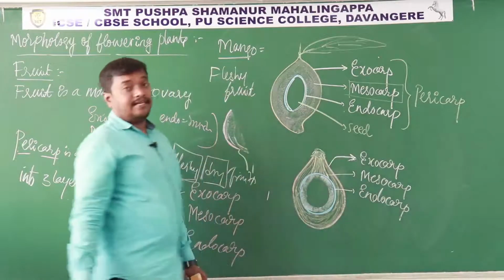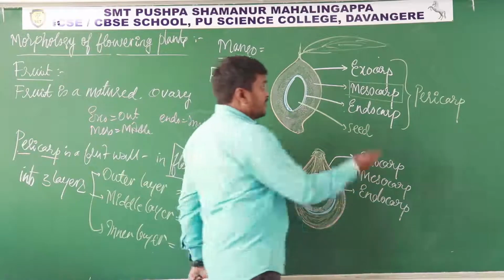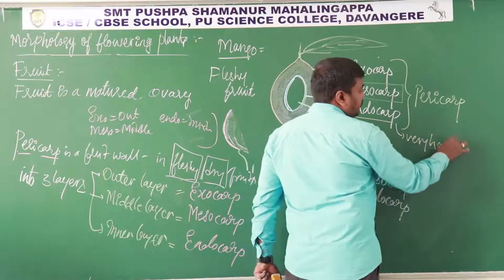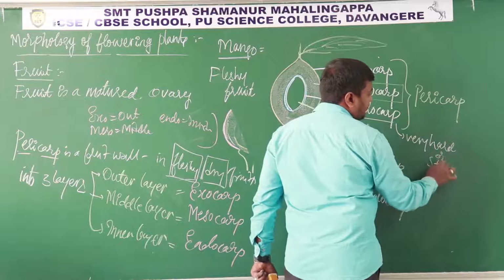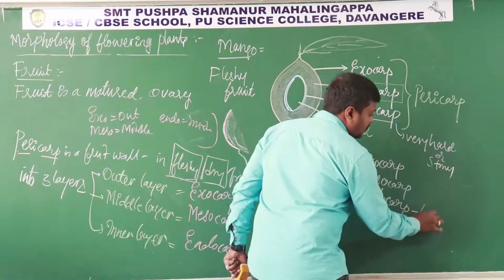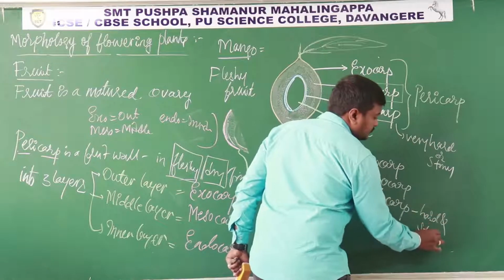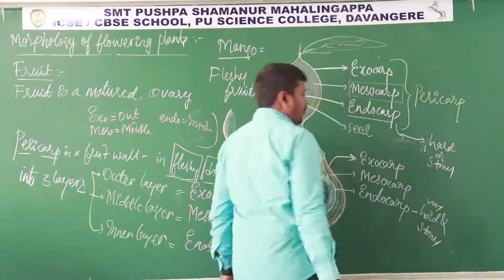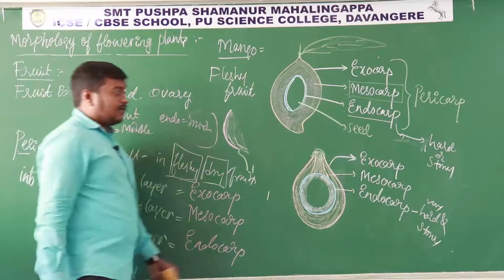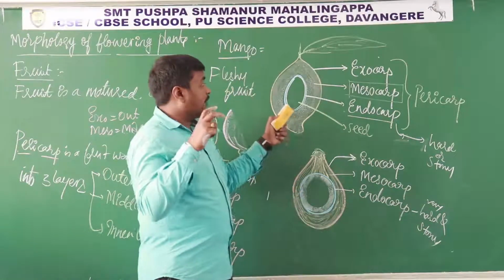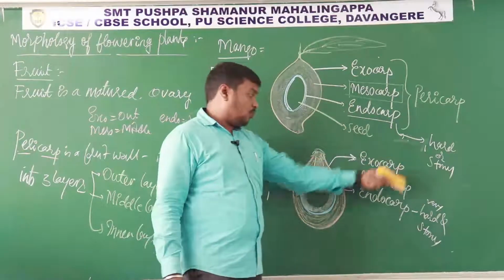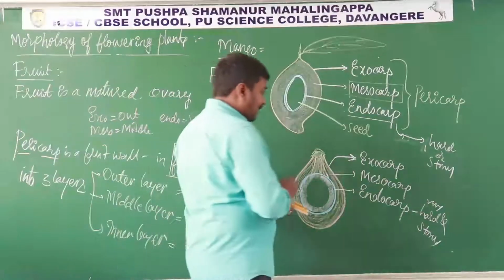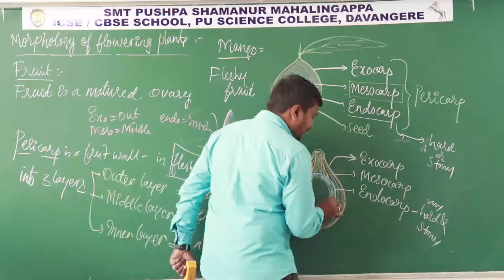So in both cases, fleshy fruit and dry fruit, this endocarp is very hard, or it is also called stony. Here it is just hard and stony. You can write hard here and very hard here. Very hard and stony. What we call the shell of the coconut, actually that shell is endocarp. In the mango, the coating on the seed is endocarp. Both are hard. And which is the edible part in coconut then? The white kernel inside the coconut, this white kernel is the edible part. Actually this is